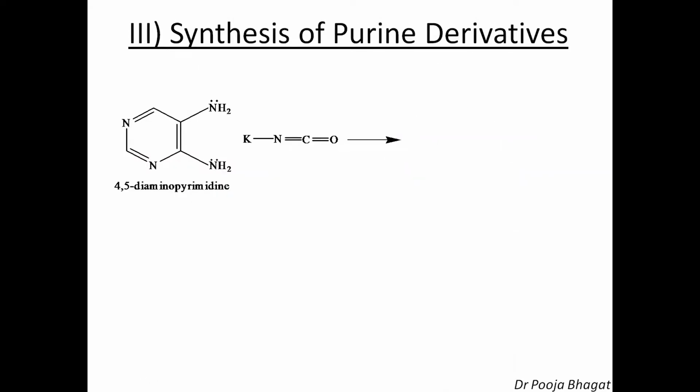Now the third synthesis. Here again we are taking 4,5-diaminopyrimidine and this is potassium isocyanate. In the amine, this is the nucleophilic center. In potassium isocyanate, this is the electrophilic center. So what is the first step? Yes, the lone pair of electrons will attack the carbon and the pi electrons will shift towards the oxygen. So now there is a bond between this nitrogen and carbon. This is a single bond. O will have the negative charge. Nitrogen is neutral, giving electrons, so it will attain a positive charge. To become neutral, it will lose a proton and the K will be replaced by H.